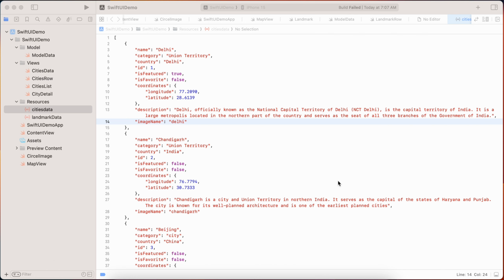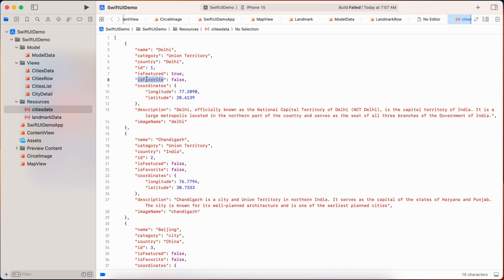Hi all. In our last tutorial, we worked on displaying the dynamic detail screen. In this tutorial, we will work on displaying is favorite on the list. Let's get started. So we have is favorite variable already defined in our